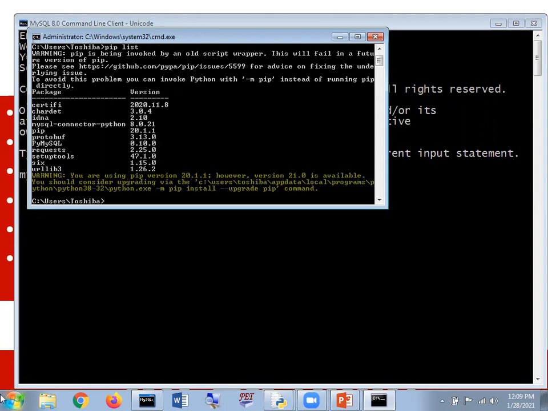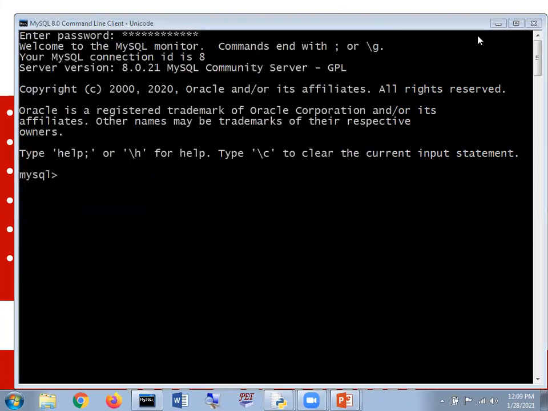In our case, we are supposed to use the concept of PyMySQL. So the name is appearing in my list. It means there is an interface in between my Python and MySQL. Now, I'm just going to close this.